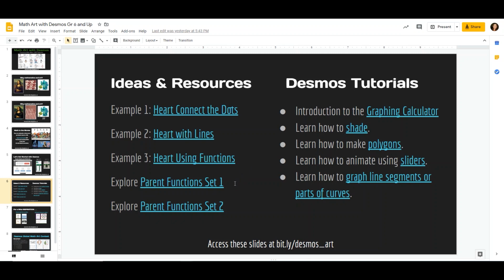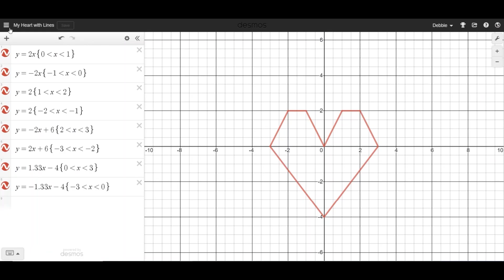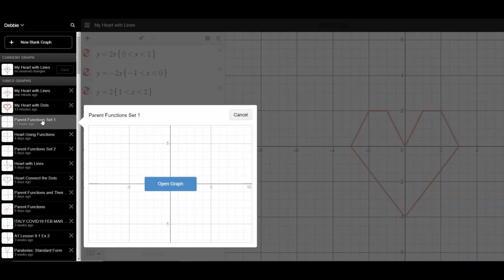But what I would really suggest you go to are these two links here. These will introduce you to some other functions. If you're in high school, you might already be familiar with some of them or all of them. But this will give you a chance to play with how to use these functions to create different kinds of shapes. So for example, in parent function set 1,